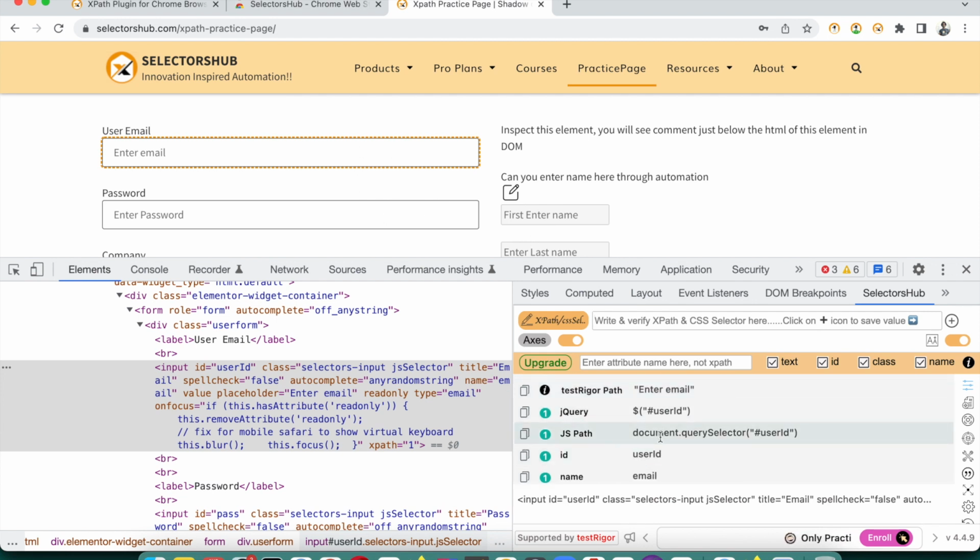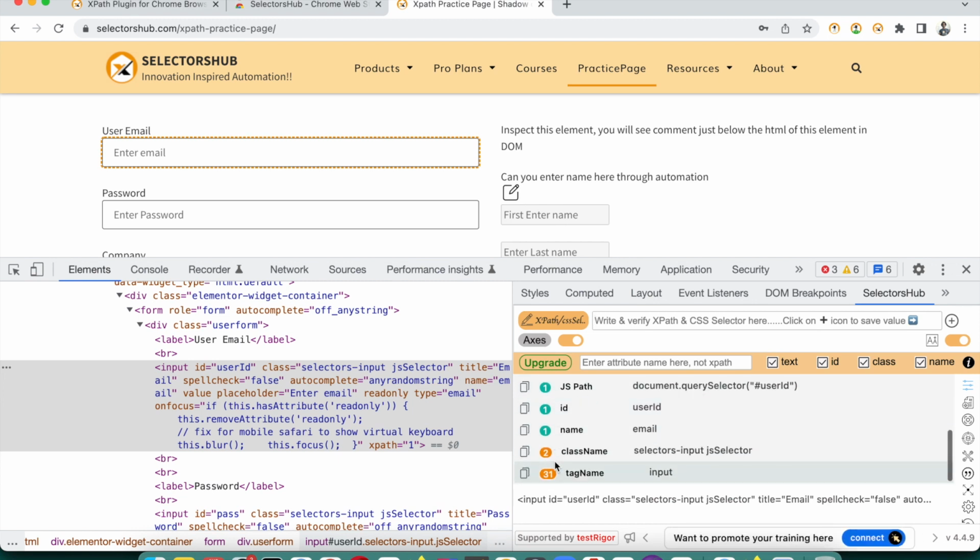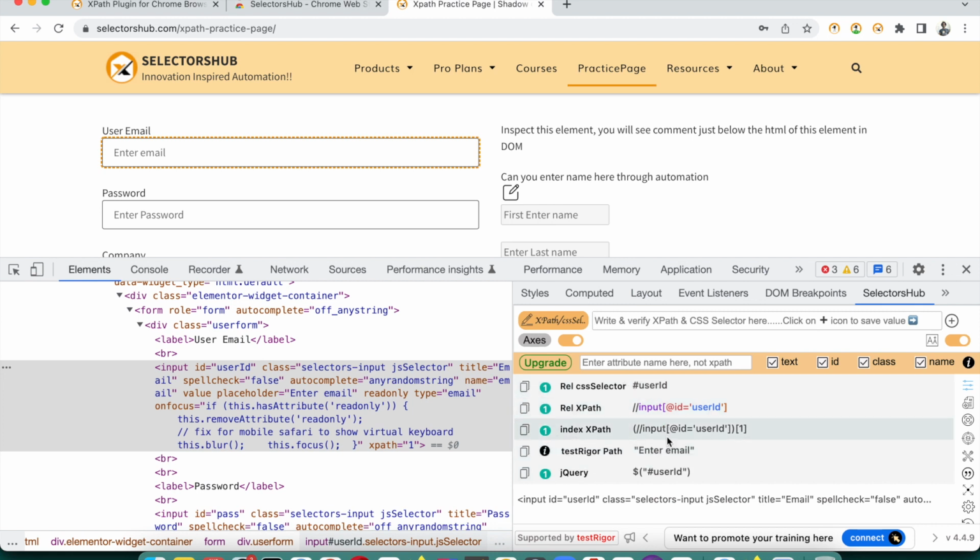Then jQuery, JS path, you also get ID, and their occurrences you will get here. So you will see how many occurrences there are for the input tag, there are 31. Likewise, for every selector it shows the occurrences. Now whichever XPath or selector you want to copy, you just click on this copy button here to copy the